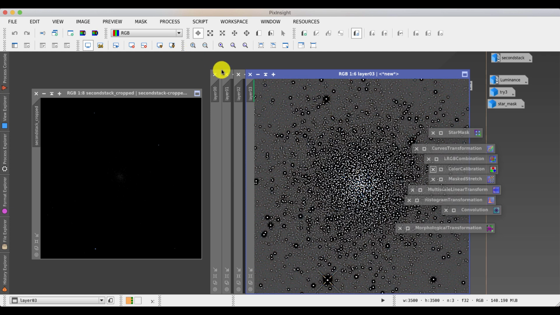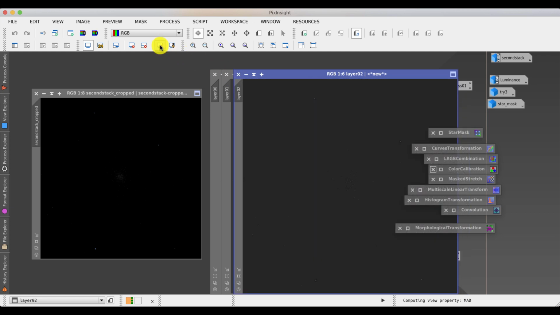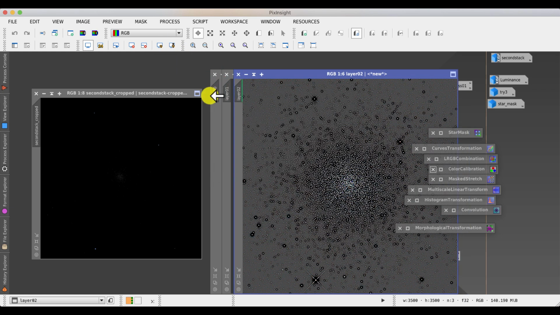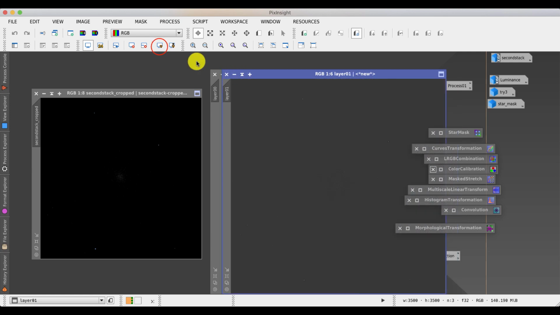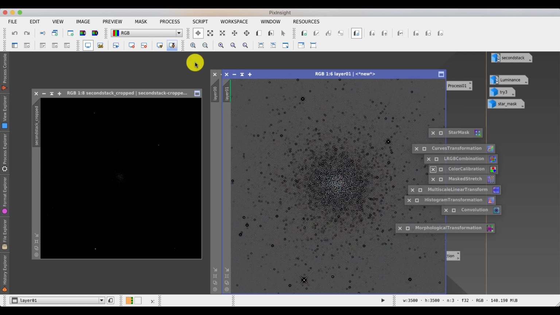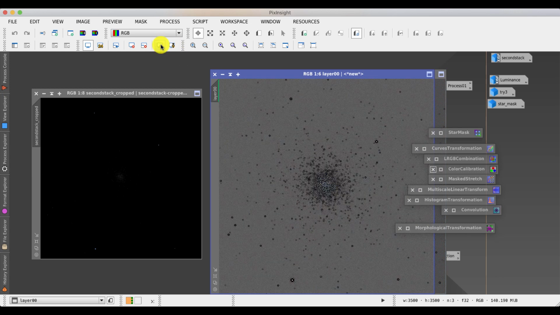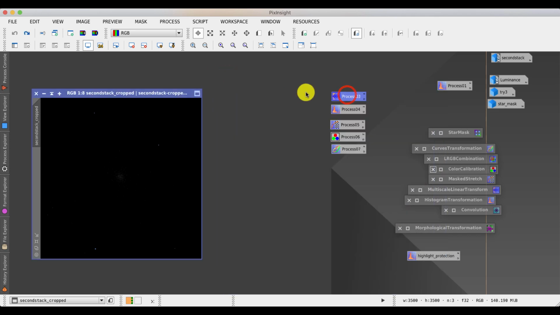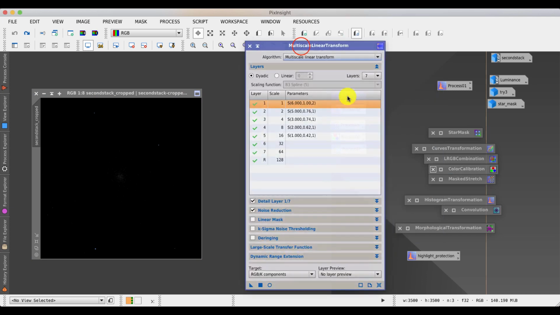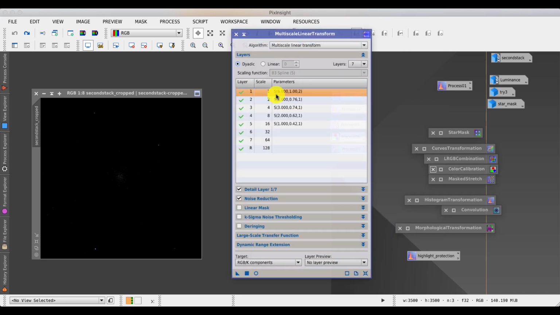But you can see the general idea that as you go down the scales, so this is 1, 2, 4 pixels. So these are structures on a scale of about 4 pixels. And these are structures at a scale of about 2 pixels. And these are structures at a scale of 1 pixel. So you can see there's a lot of fine detail in this image, but I don't need that in this colour image. So in this process tool, I'm going to look at a number of structures up to 7 scales,